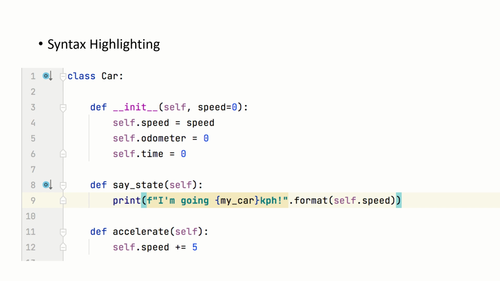Next is syntax highlighting. This is a beautiful feature of Python, or I would say this is the most beautiful part of Python, because it allows us to distinguish or differentiate between input, output and error messages by different color codes. It provides such a beauty that we can easily distinguish between input messages, output messages and the error messages by different color codes.